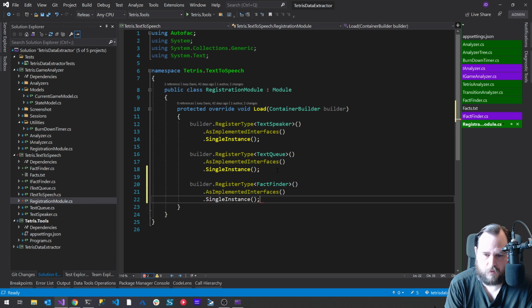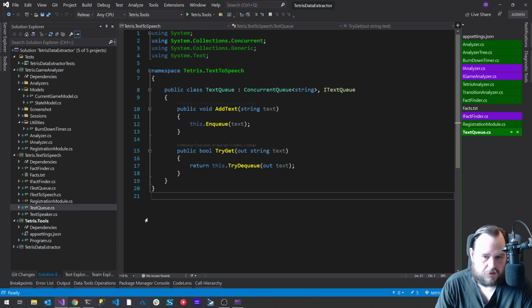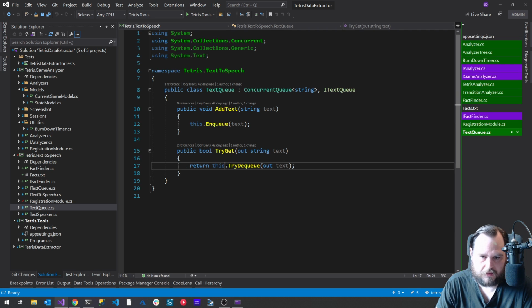I'm not sure how well this is going to work, but this will be funny to do. So this is our queue, and we keep trying to get. Once we do get something in our text speaker,